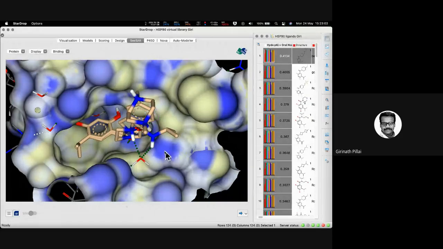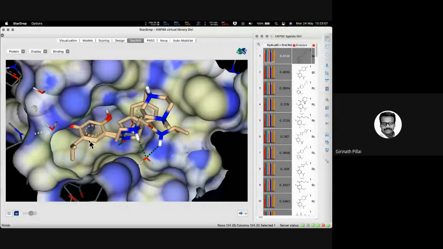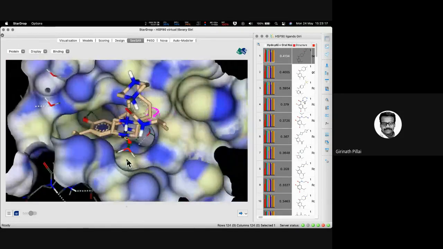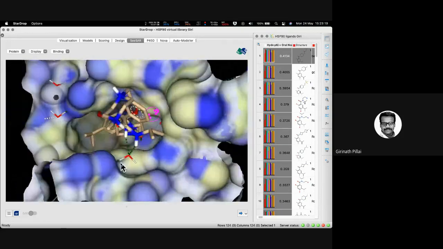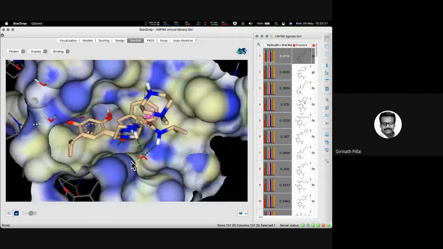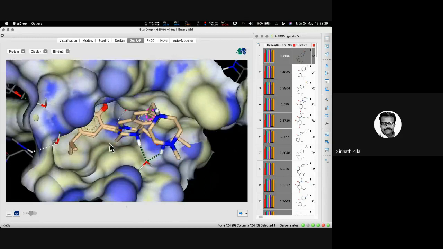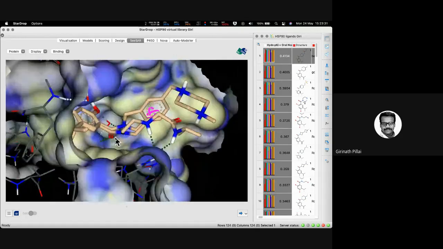Let me repeat the question. The structure is the same. My question is, this structure is already patented. I cannot work on this structure, right? I wanted to make modifications to this structure. So my question was, by looking at these 3D poses of the docked structure in the pocket, in which part of these compounds do you think you can add an analog, or think of a derivative or something like that? That's what I was asking.